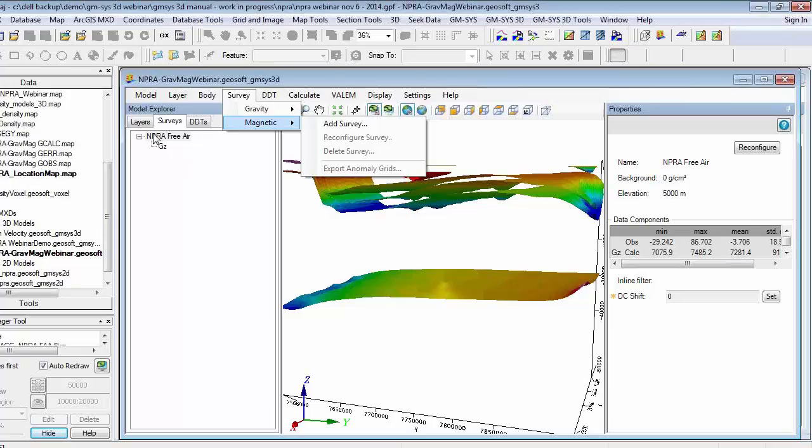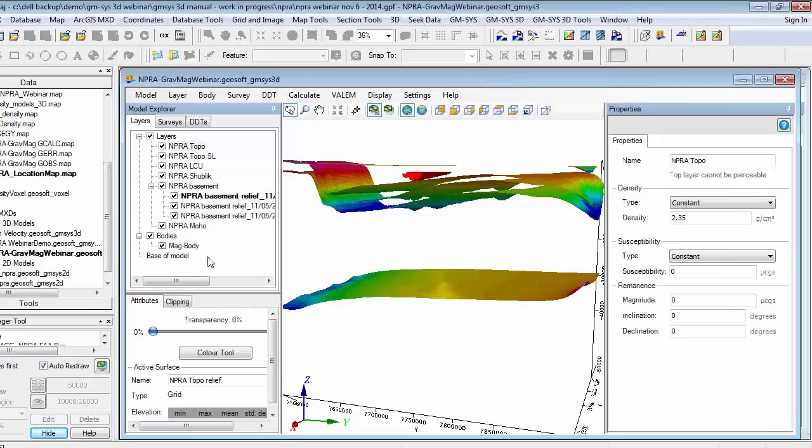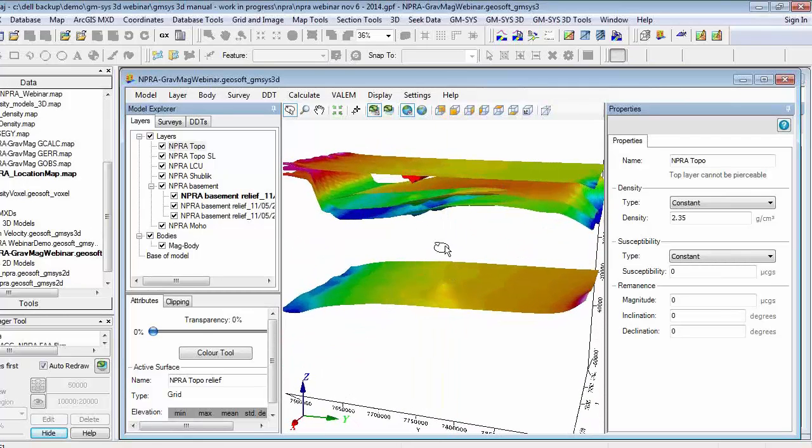menu. So the Survey tab is where it shows you what kind of data you're incorporating. In this case, as I mentioned, the free air. And then the layers is where you're going to be taking a look at all of the different layers in your model interactively, all at the same time, and then you can also turn things on and off within the environment. There are a few times where you're going to want to come out of the model viewer, and I'll show you those. That has to do with taking a look at the grids as well as the databases to better understand how your inversions are working. So what I've got here under layers is all of these different layers, and so if